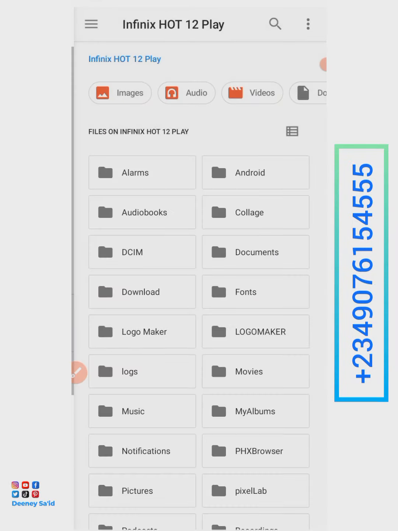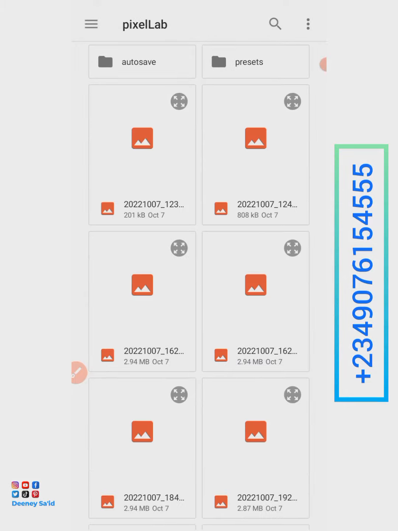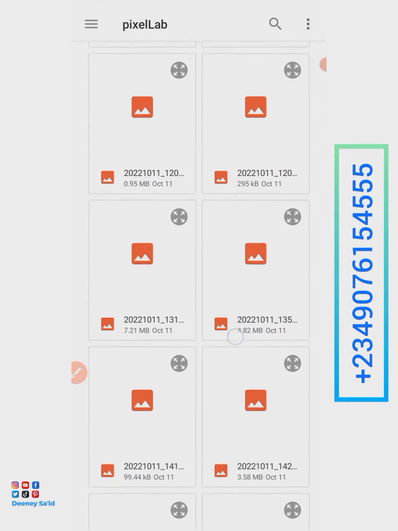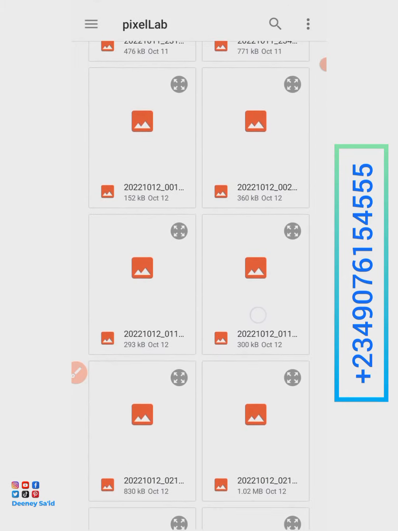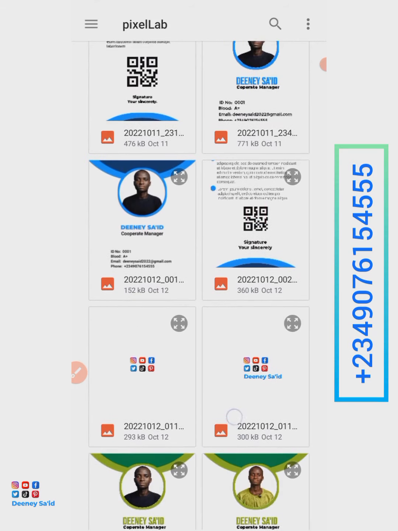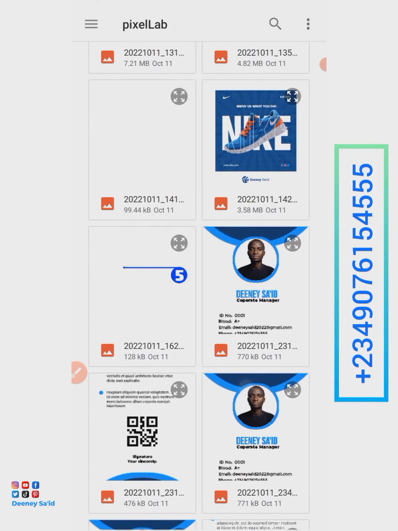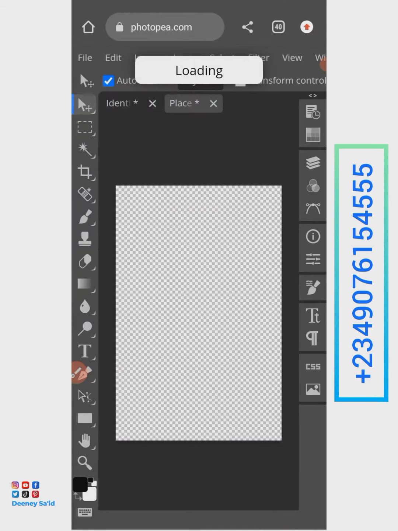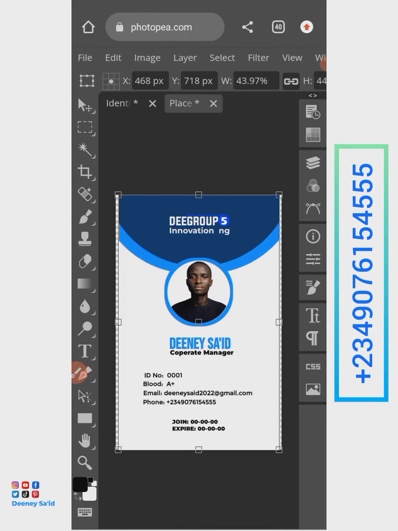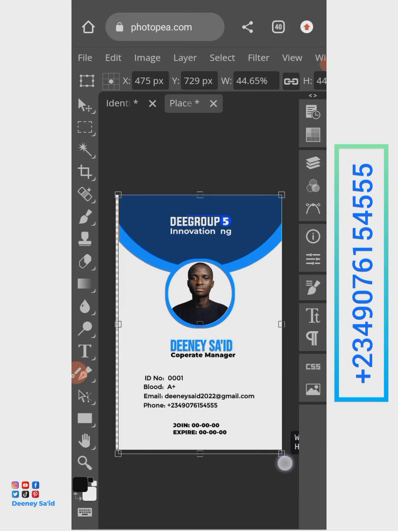So I'll locate my folder. It should be in Pixel Lab. My image should be in Pixel Lab here, and it's going to be a front. Okay, this is the front one here. I think this is it. So you click and wait. So this is my front